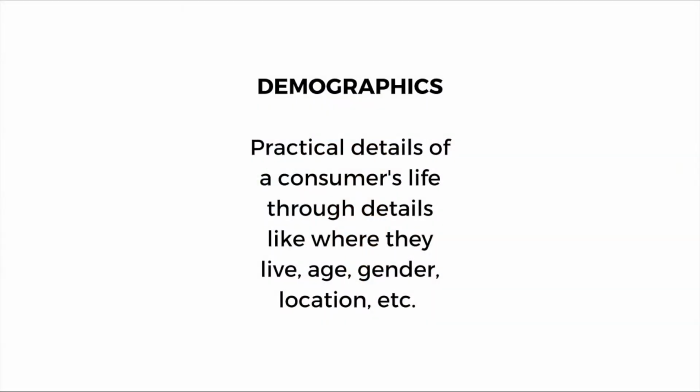The first thing you want to do in order to get really clear on your ideal customer is what's called, and we've all heard this, demographics, right? Demographics is defined as practical details of a consumer's life, like where they live, their age, their gender, their location, etc. Other things are their income, how many kids they have, are they married, are they divorced, that kind of stuff. So this begins to paint the picture of your ideal follower and who they are based on these details. But I mean, I don't call myself Instagram philosopher for no reason. I like to go a little bit deeper.